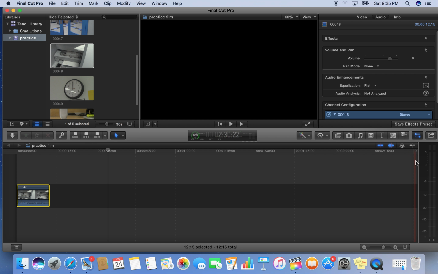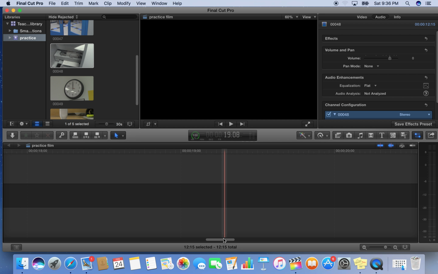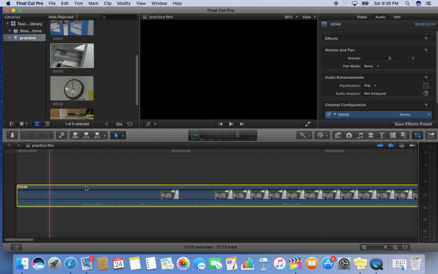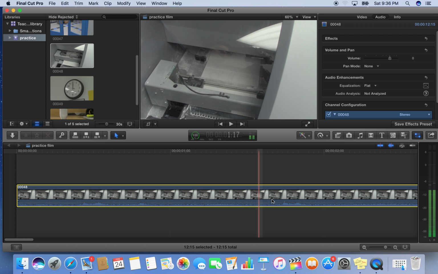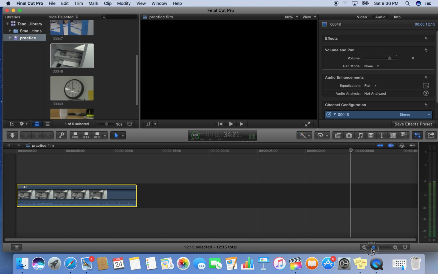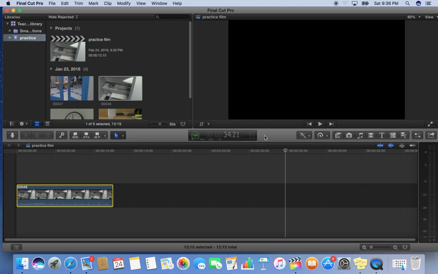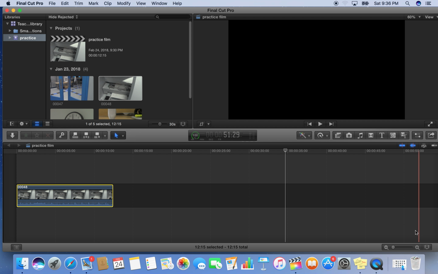Okay, so that's the basic gist of the things that we will be using. Oh, one more down here. This allows you to stretch your timeline out so that you can view your clips in really precise detail or make it smaller so it fits. Okay, make sure I don't forget anything else. Geez. Okay. No, that looks like it. That's the main things we'll be using